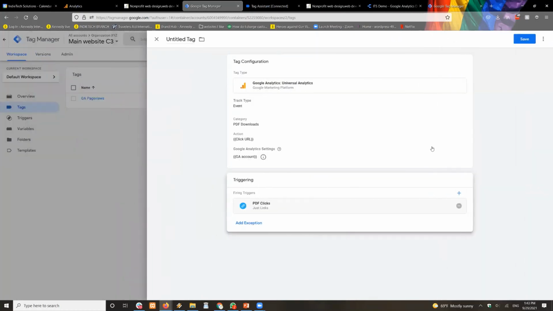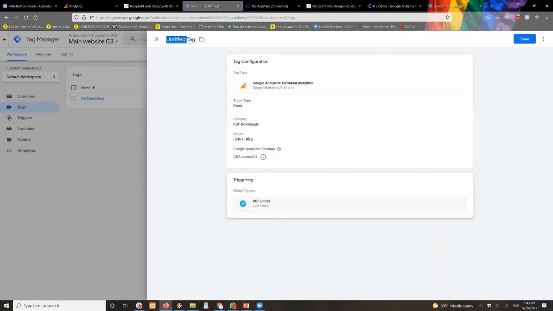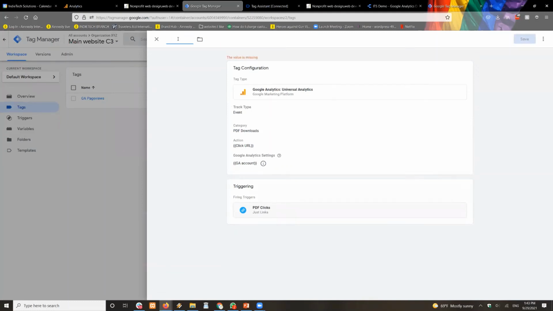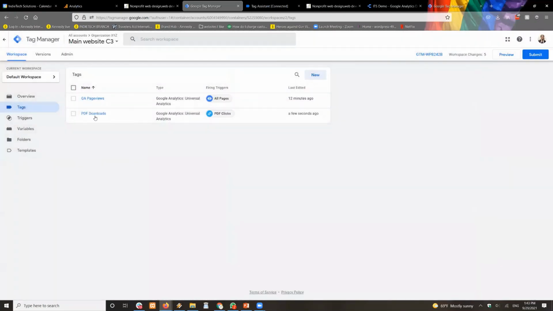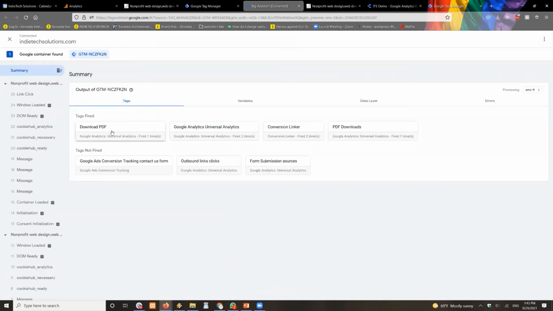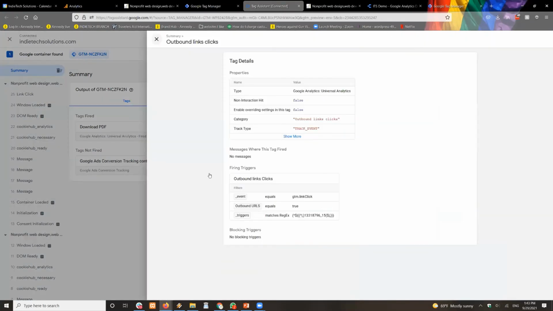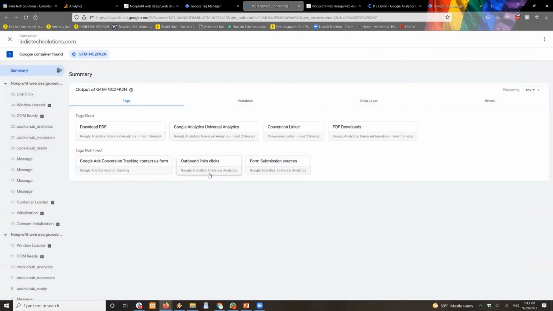Save. Okay, so I call it PDF downloads. It's in a PDF click. I will call this tag PDF downloads. Save. Oh gosh, I screwed up, but it's fine. Once again, we can preview everything and make sure everything is good. That's basically what we did here. All right, I will create one more tag very quickly,